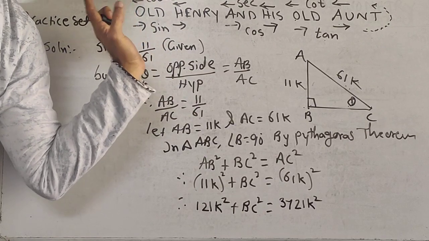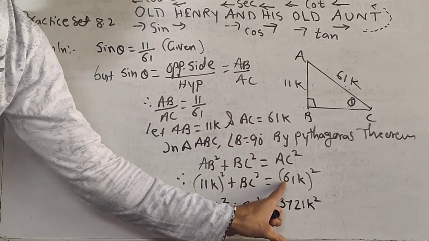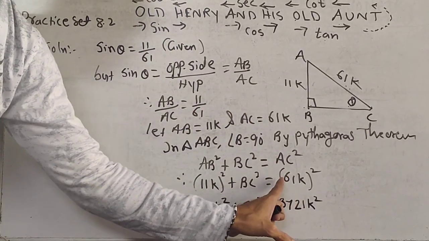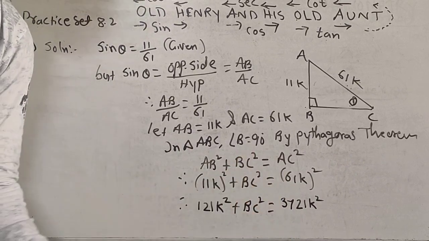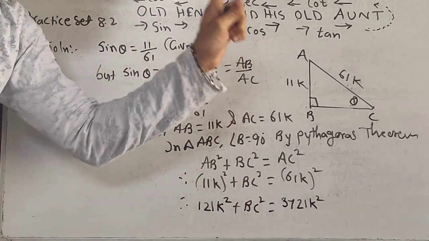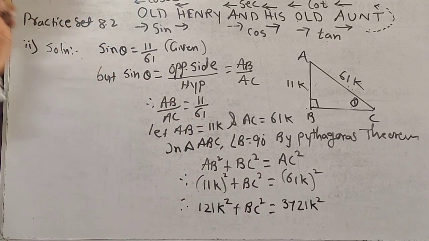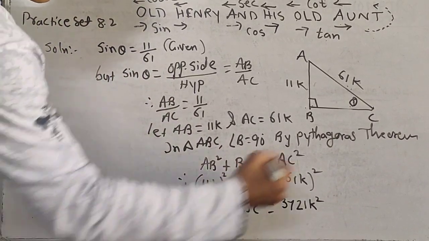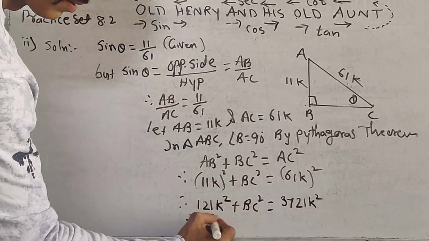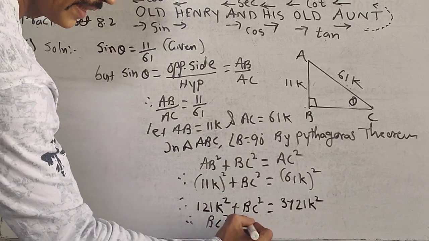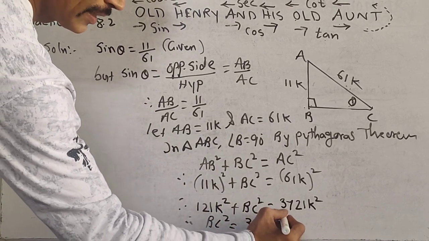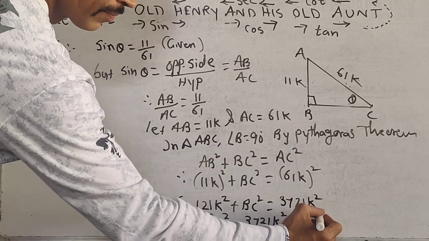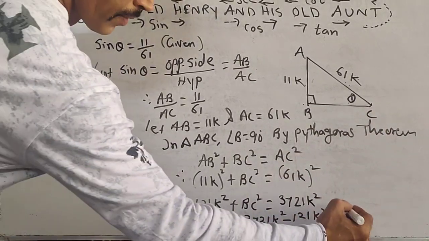1 हमको याद रखना है, कैरी किए. अभी 6 का स्क्वायर, एक बार डबल किया तो एक बार स्क्वायर करने का. 6 का स्क्वायर होता है 36, 36 प्लस 1, 37. Okay, very easy. Now you know this will go there, becomes minus. Therefore BC square is equal to 3721 k square minus 121 k square. So you will get, therefore,